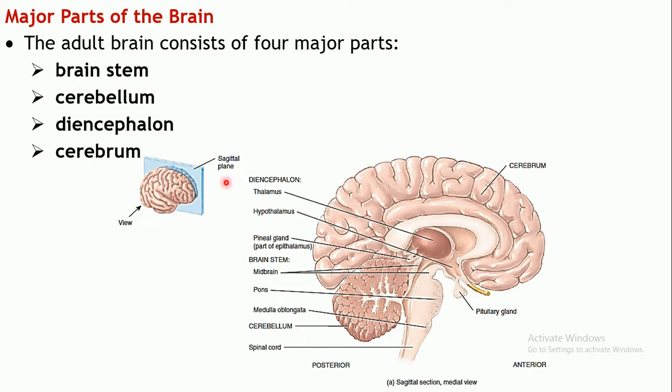That is the brain stem. This is the one. Brain stem. The cerebellum. That's the cerebellum. The diencephalon. Remember diencephalon, what it comprises of? Thalamus, hypothalamus and the epithalamus. So that's the thalamus. This is the hypothalamus. And this is a part of epithalamus, pineal gland. And the fourth part is the cerebrum. Okay, this one, the superior portion. So that's the cerebrum.